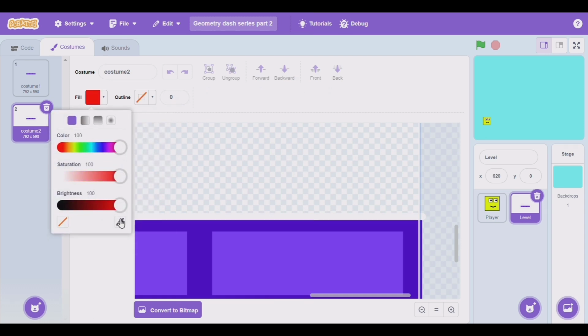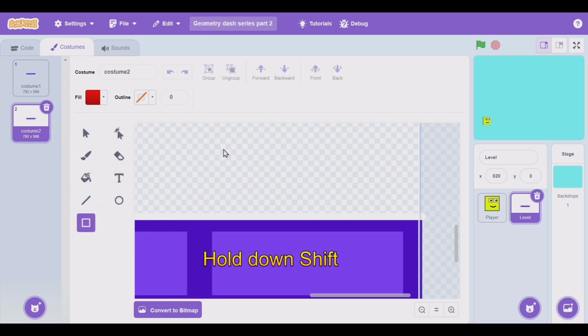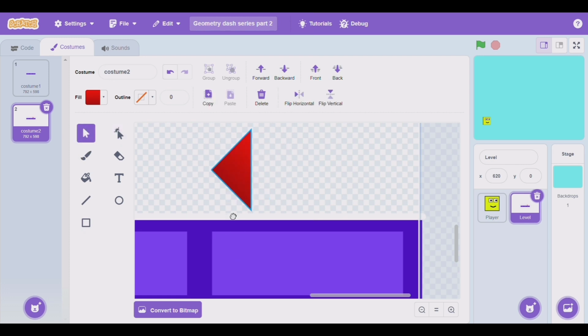And now I will use the gradient of two colors. The first color will be fill red and the second will be darker. Now hold down shift to make a perfect square, and now select one corner and delete it. Now hold down shift while rotating it to rotate it at 45 degrees, and now you can see this is a beautiful spike. And now send it to back layer, and now we need the outline up to 5